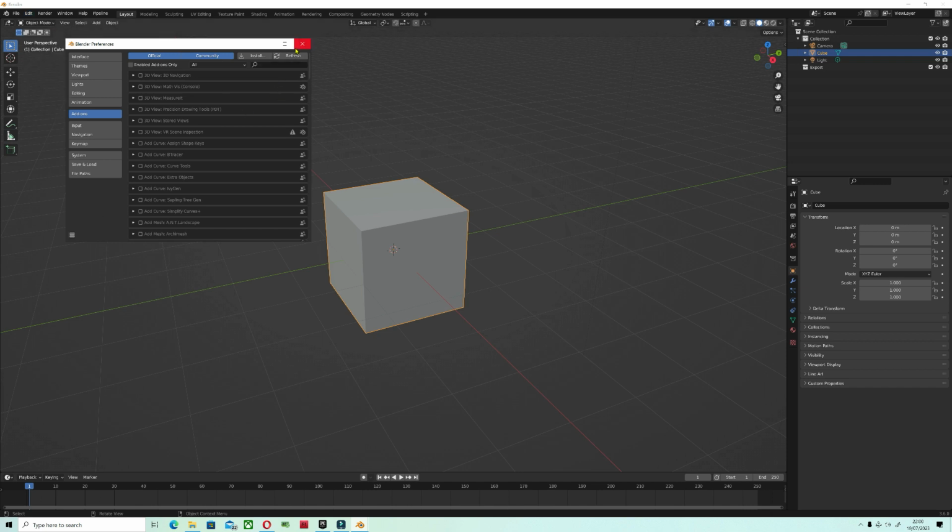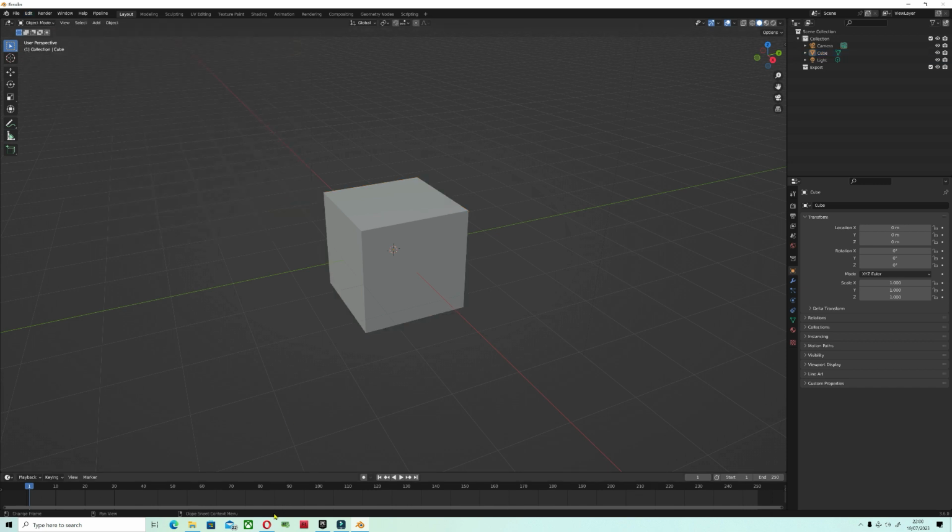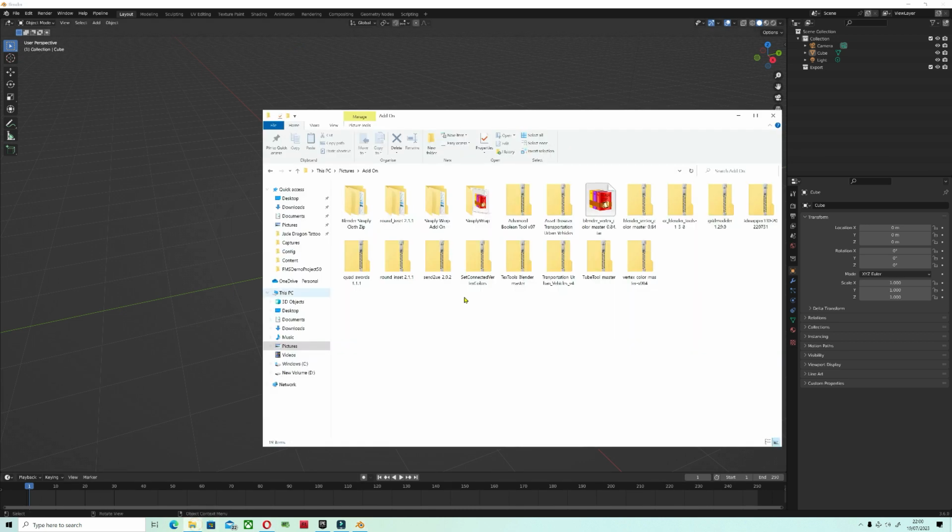I'm going to show you the add-ons that you're going to need to use real quick right now, and then I'm going to show you how to install them. So these are all the add-ons that I use